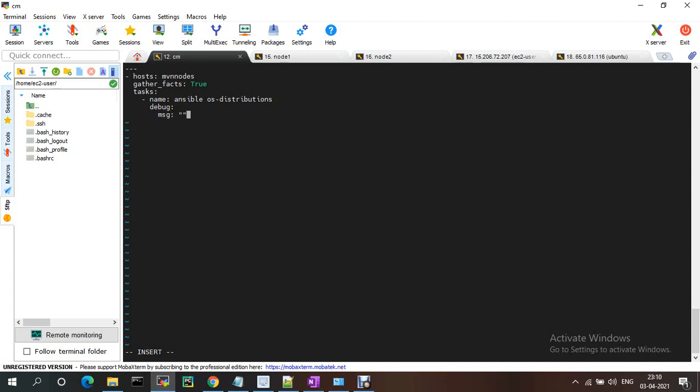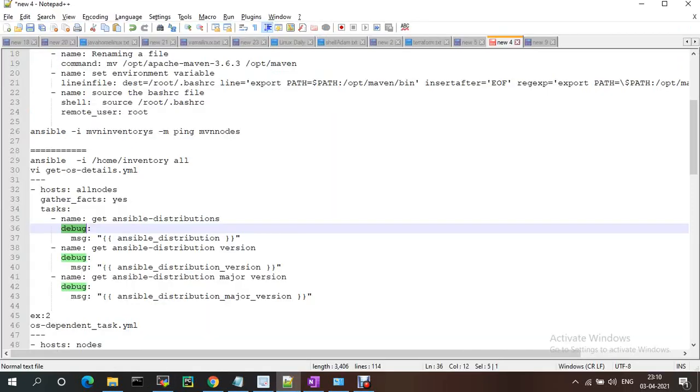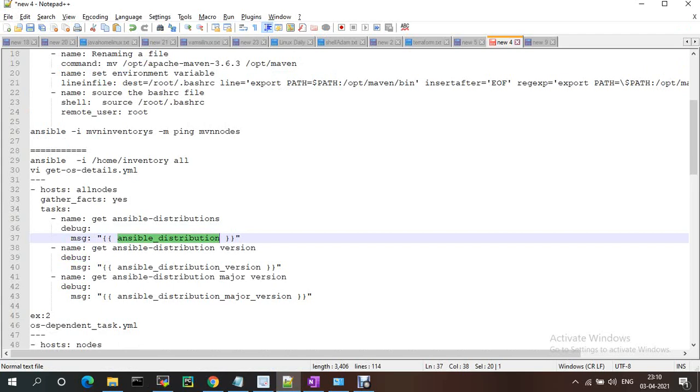I'm giving double quotes and the Ansible distribution variable, so I'm getting the OS distribution of all the nodes. Ansible underscore distribution.